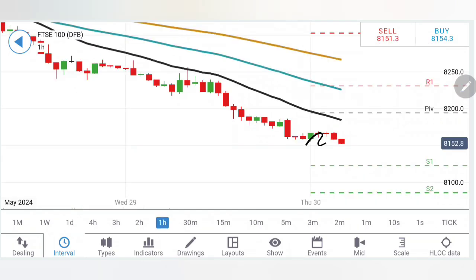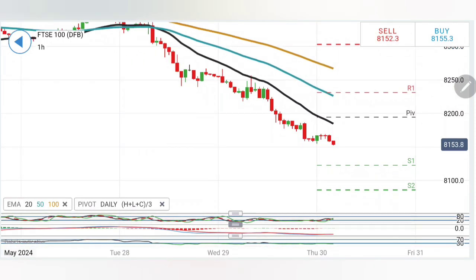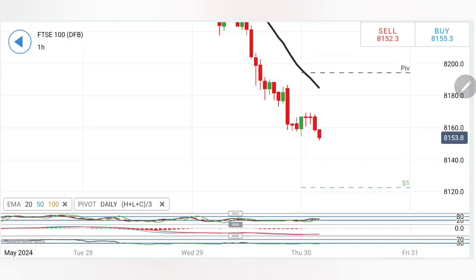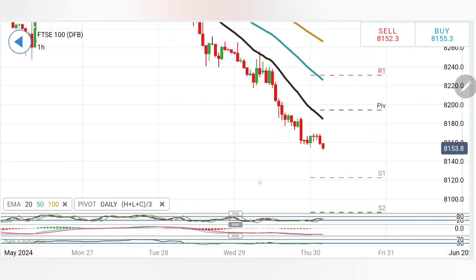See, UK 100 on the hourly chart is still staying bearish. 8150 levels, yes, you can sell here. Wait for 8130, 8125, 8130 levels, and then we can look forward to 8080 levels. Yes, there is still bearishness. Do not read that it is done with the bearish bias. Also on the buying side, 8170 you can buy, but 8185, 8200 is going to be the first and very